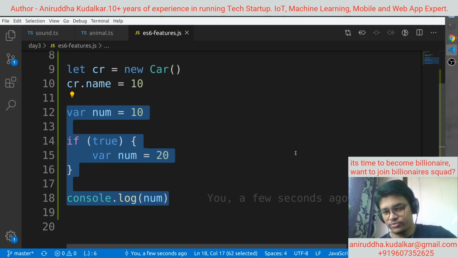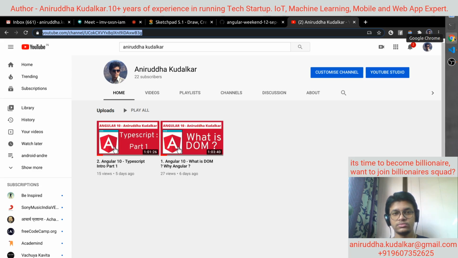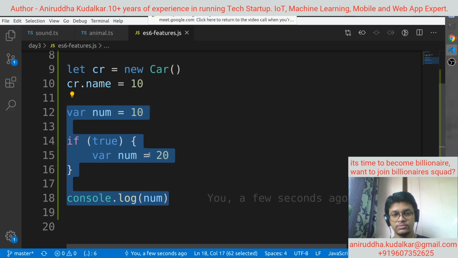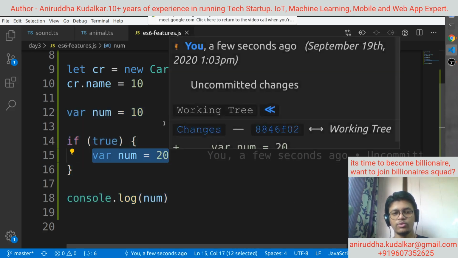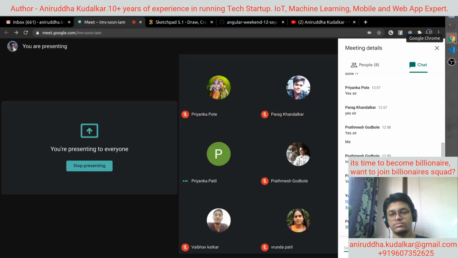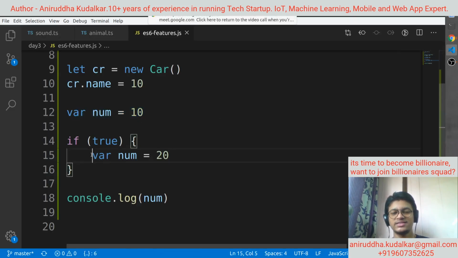What is the output of this much code? 20? 20 would be the output? Sure. Yes. Okay. Anyone other? How many of you think the answer is 10? Okay. The answer 20 is correct.